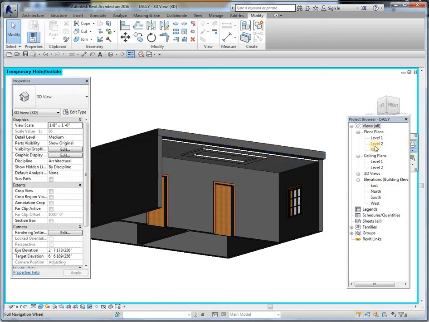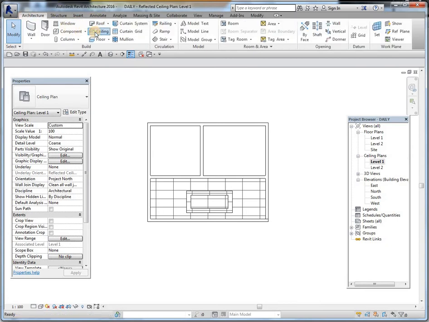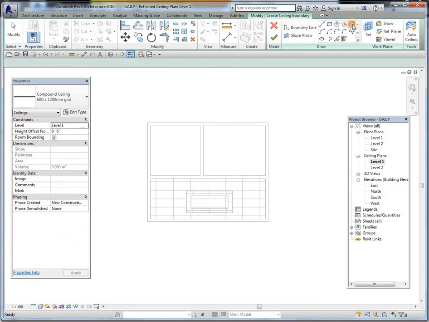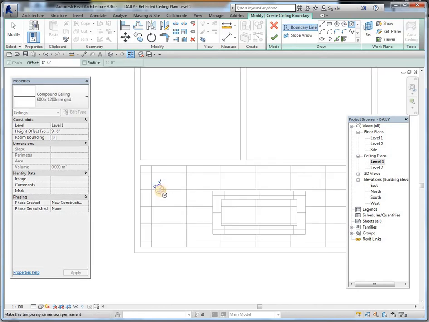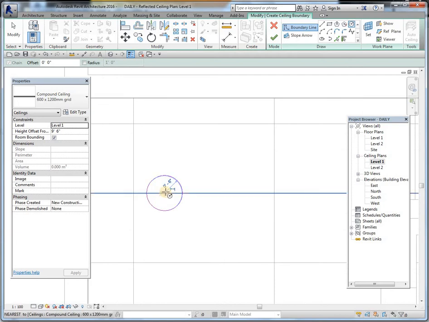If you need one more design, again go to ceiling level 1. Select the ceiling option. Go to architecture, ceiling, sketch ceiling. Whatever designs you can make. Circle, for example, I'll make this corners. Then press escape, select this,